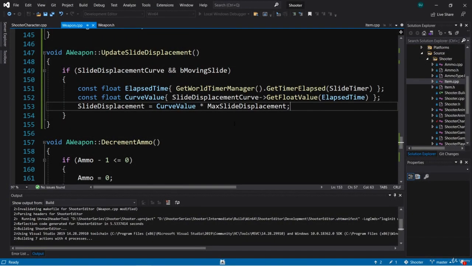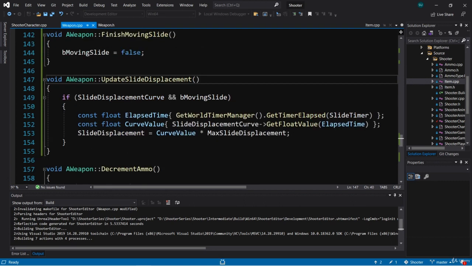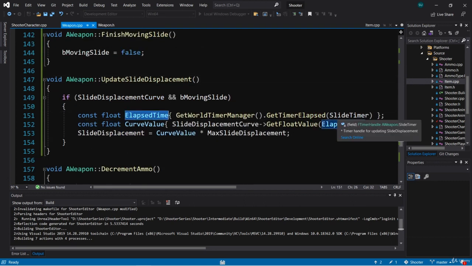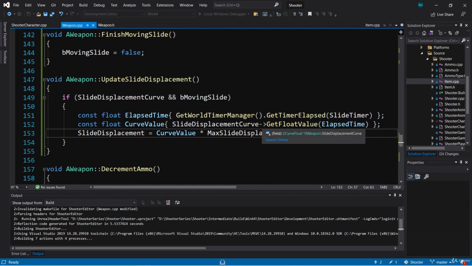Welcome back. Now we have this update slide displacement function, and it's getting the elapsed time from our slide timer, and then it's getting the curve value from our curve called slide displacement curve, and then we're setting slide displacement to our curve value times max slide displacement. So now we have a slide displacement float value that we can use to displace the slide on the pistol